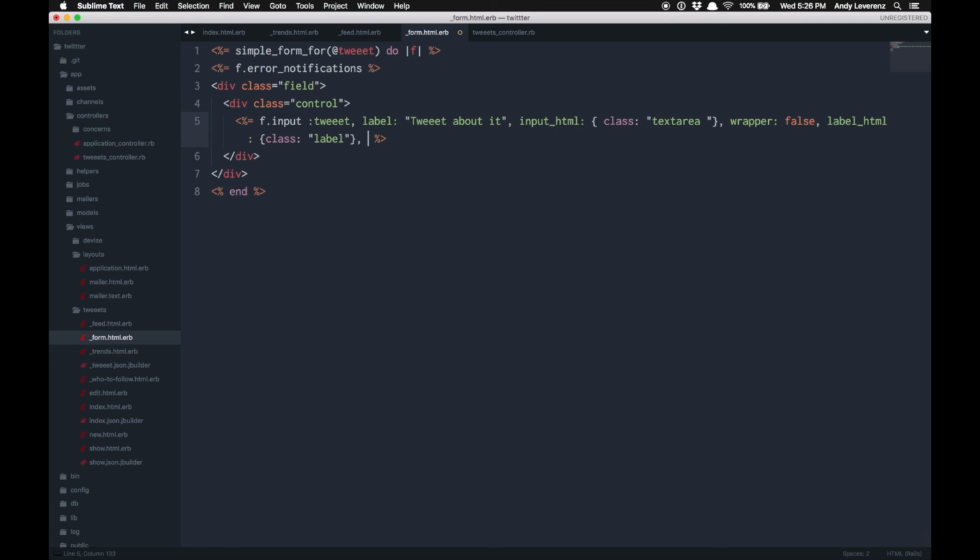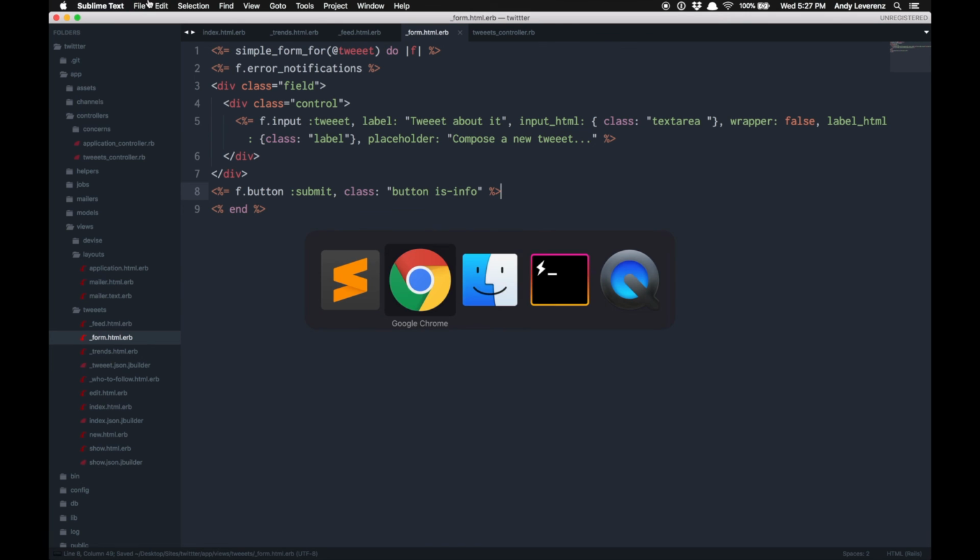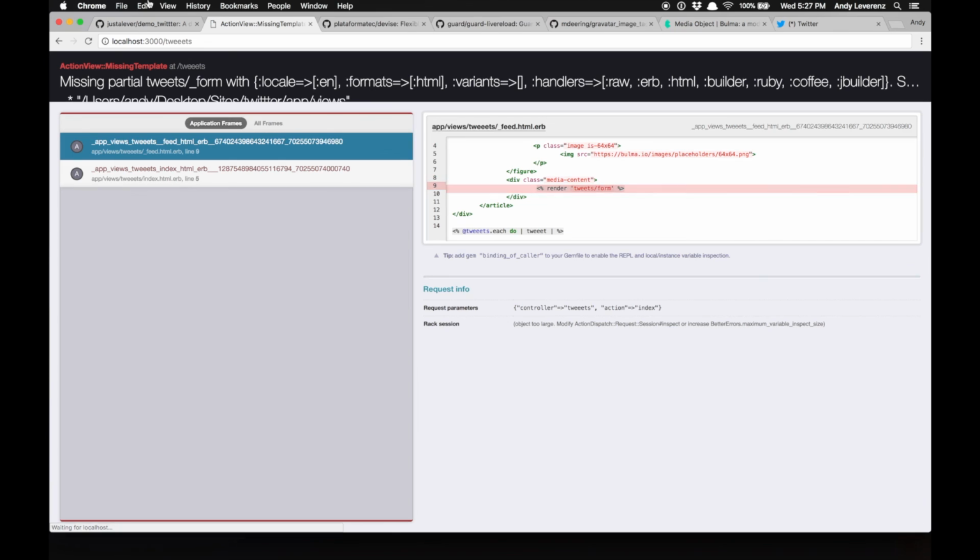And finally, our placeholder can be, what could it be? Compose a new tweet. Something like so. And we do need our submit button too, so I'll add that. Dot button. And submit. Give it a class, why not? Button. And then isInfo for our kind of brand color for this project. So if all goes right, I believe